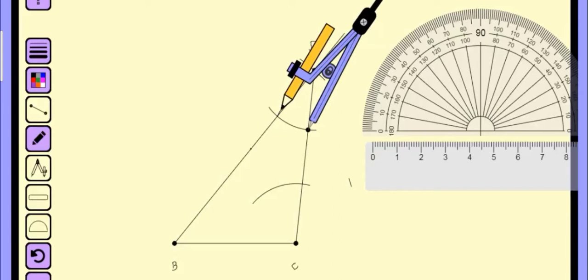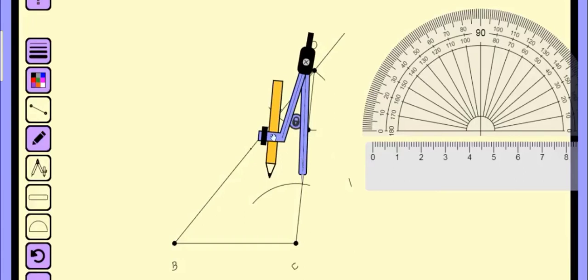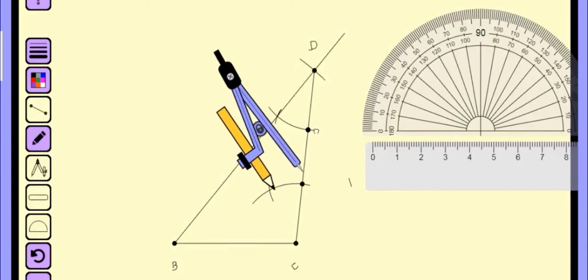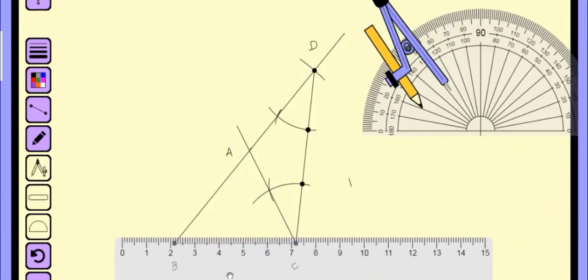This is by using the angle bisector. Okay, students, it means we are copying the angle. After that, from C and the intersecting point of the two arcs, draw a line. Whenever you draw the line, it intersects BD at point A, and therefore triangle ABC is formed. Simple. So this is triangle ABC.